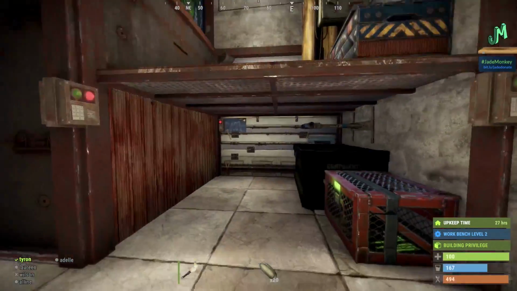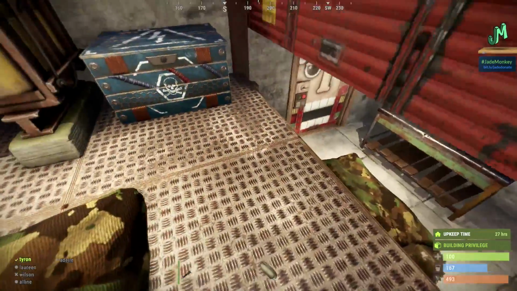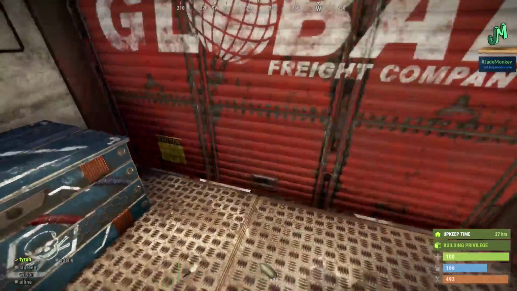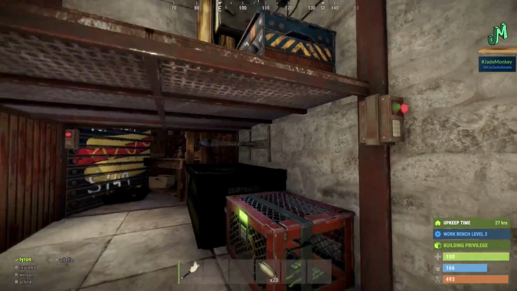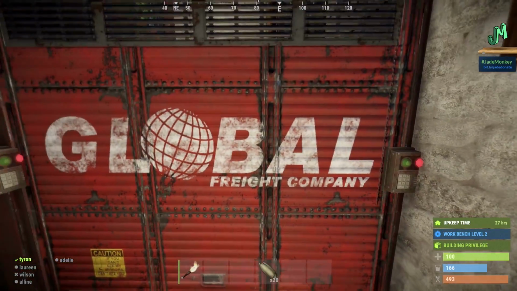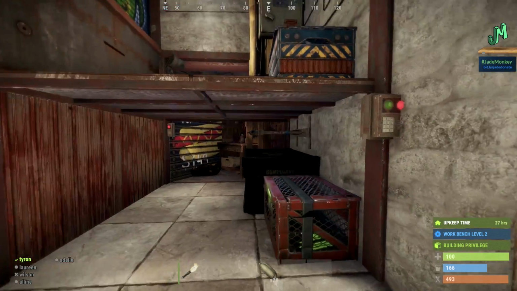So, okay, we're moving through here. This little step up here also provides, oh, actually, let me show you this. This has saved us on a couple raids. If somebody were to blow in this door here, right? They were to blow this door off. You actually probably didn't even see it. There's a shotgun trap right here